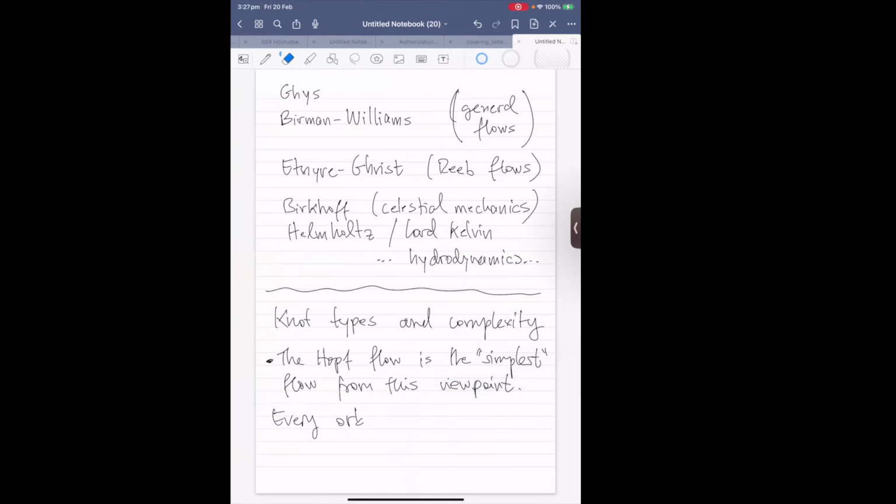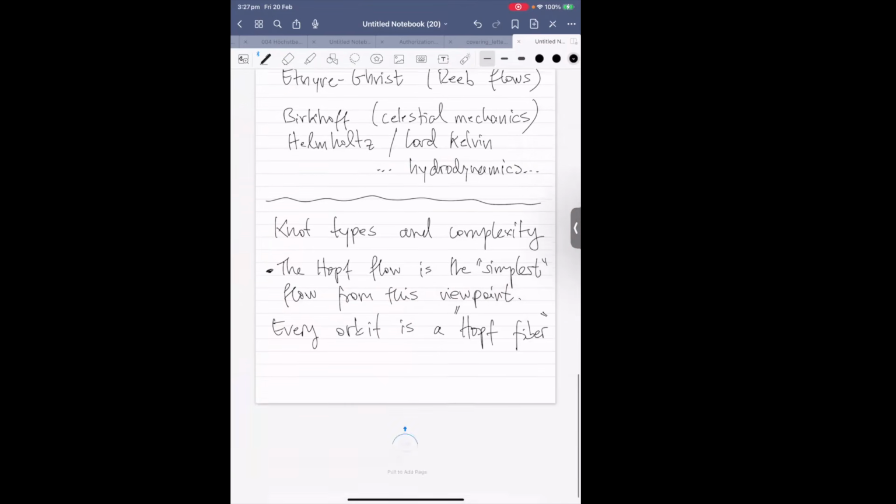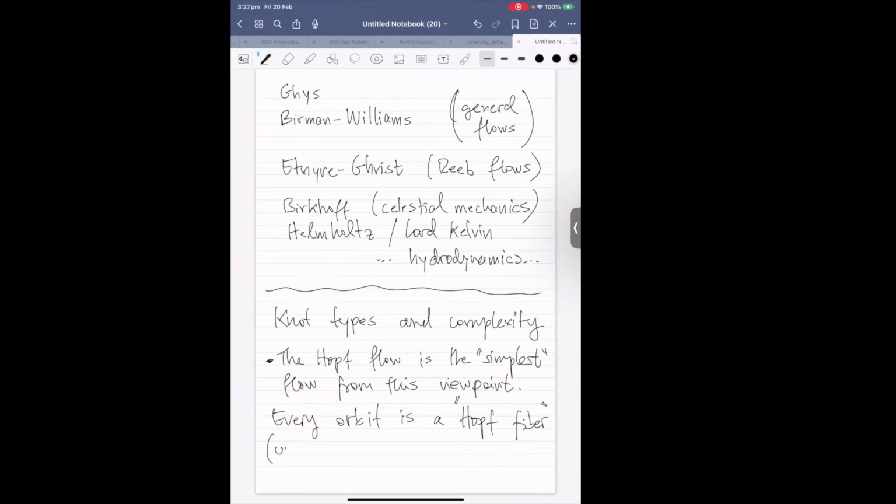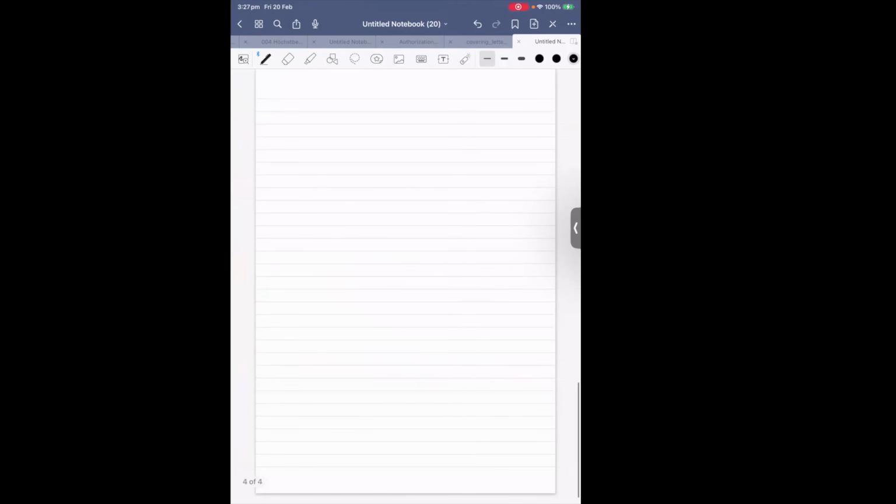So every orbit is a Hopf fiber. Hopf fiber means the unknotted with self-linking number -1. Okay, so this means that these knots span a disk, an embedded disk, and if this disk can